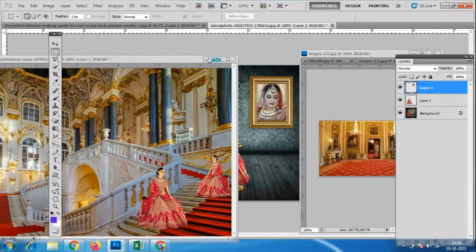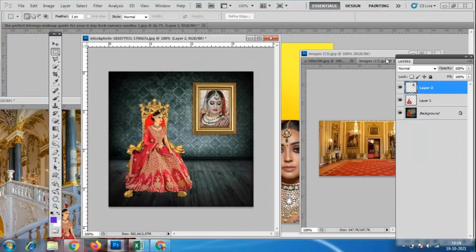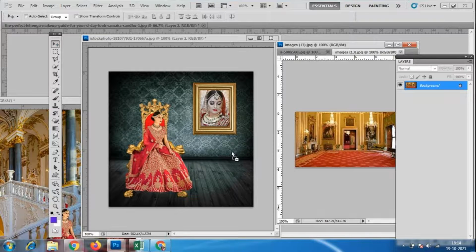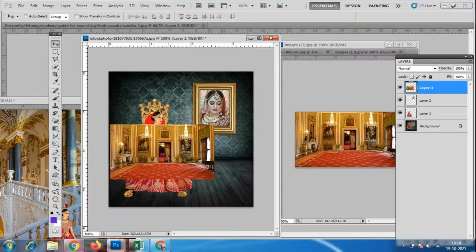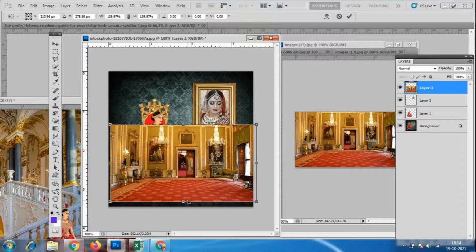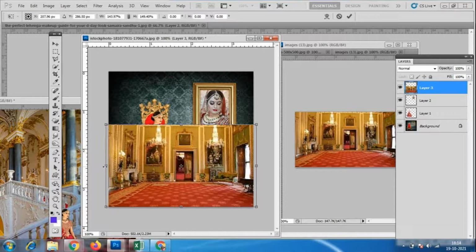I will take this image using the move tool, move it here, and place it with Control T. I'm teaching you an easy option. So now I made it like this.